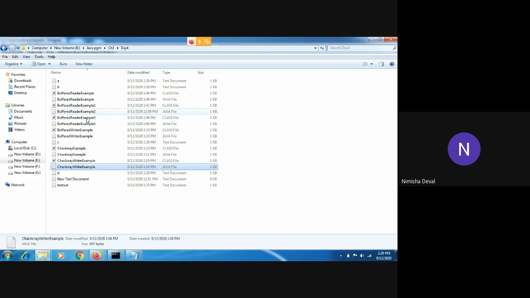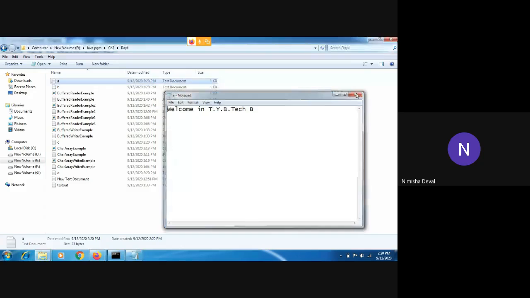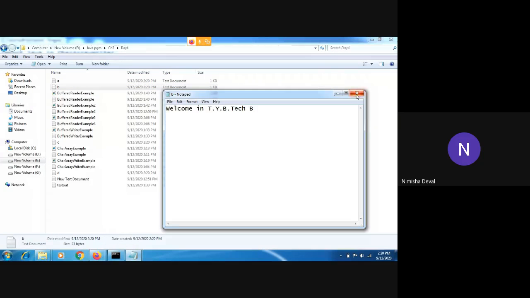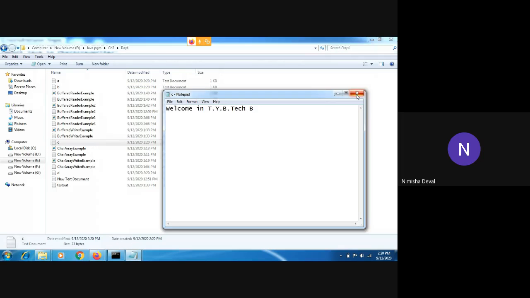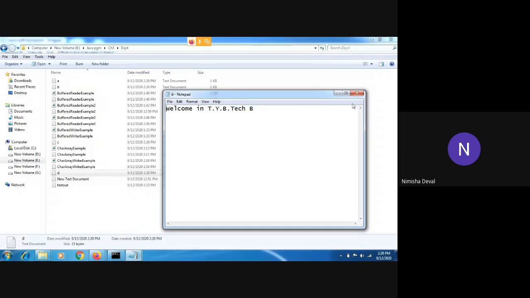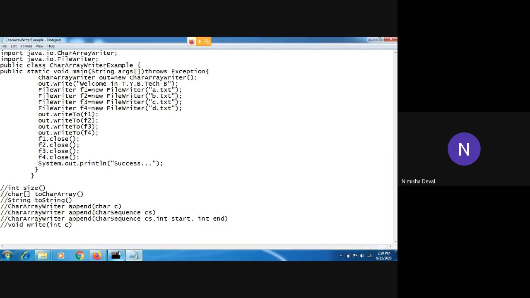Now you can see 4 text files are generated, A, B, C, and D. I will show them one by one. Welcome to TYBTech. This is the first file. Then this one is the second file, this one is the third file, and this one is the fourth. The same message is reflected in 4 files.